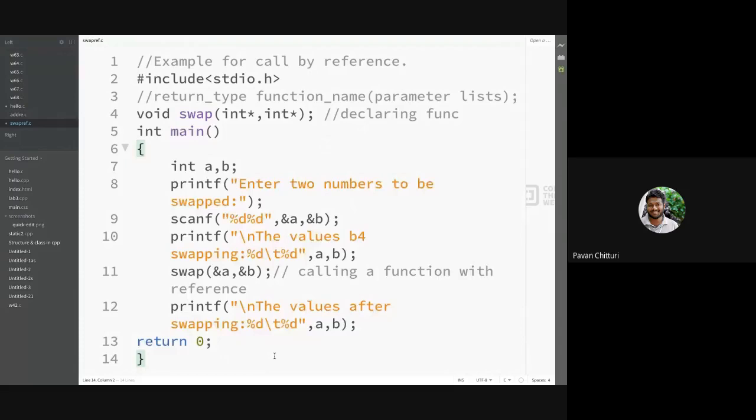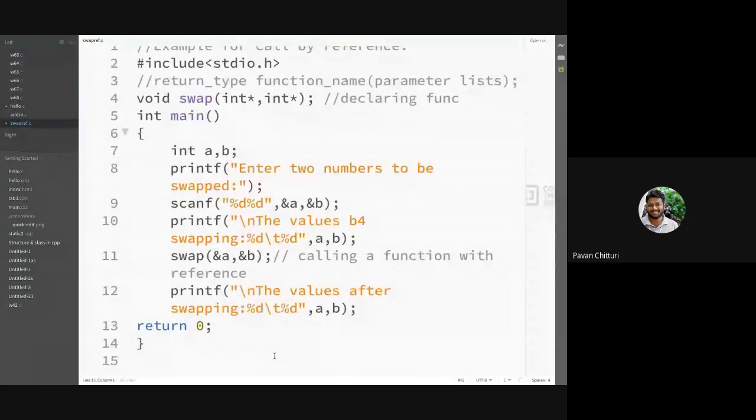Now I am defining the function after the main function. So void, I am not sending anything. My function name is swap, and here I have to give two parameters: int star x, int star y, so these are pointers.